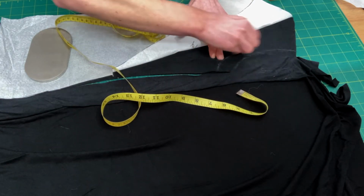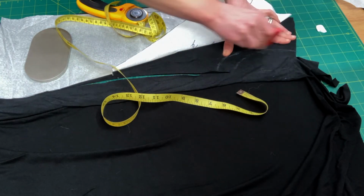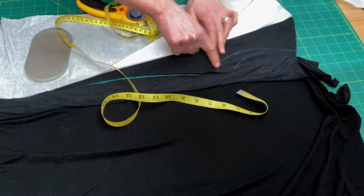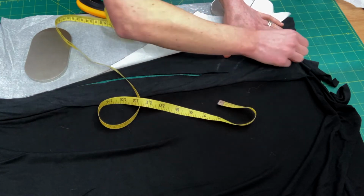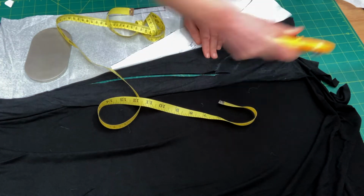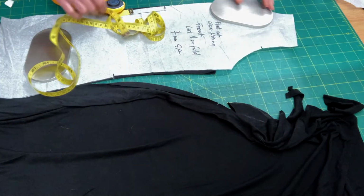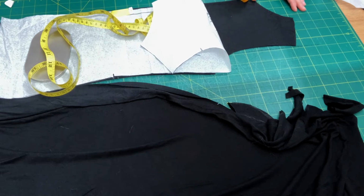I'm going to use bands, that's why I'm doing that. So I'm going to pull it in slightly, and I can have this little gap, or in other words, I can hollow it in a bit more because my bands are going to pull the armhole in. So I am going to be covered. Well, you can see the vest, the t-shirt, whatever you want to call it, at the beginning of the video. And I think that is going to be enough, but I'm going to deepen my neckline a little bit, 1.5